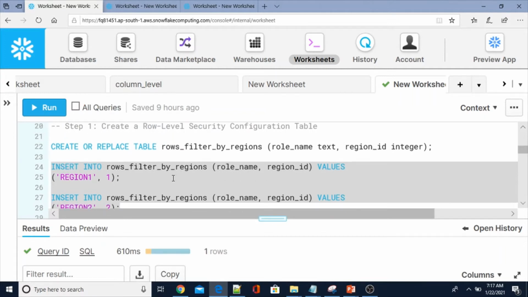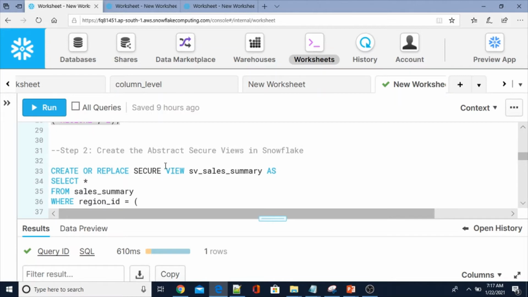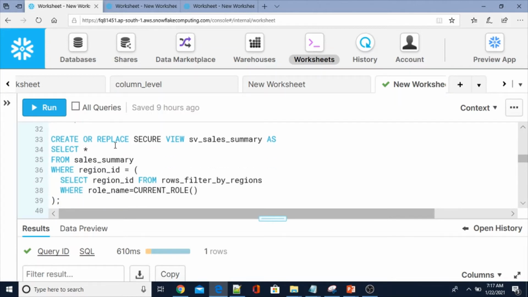So let me create or replace and insert these two rows into our row level security configuration table. Okay, now second step, create an abstract secure view in Snowflake. So create or replace secure view sv underscore sales summary as select star from sales summary where region ID in select region ID from rows underscore filter by regions where role name equals the current role function.